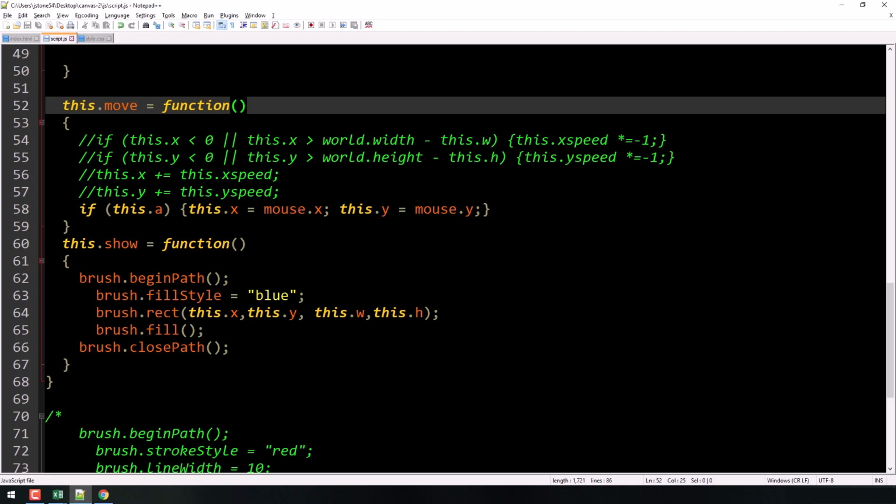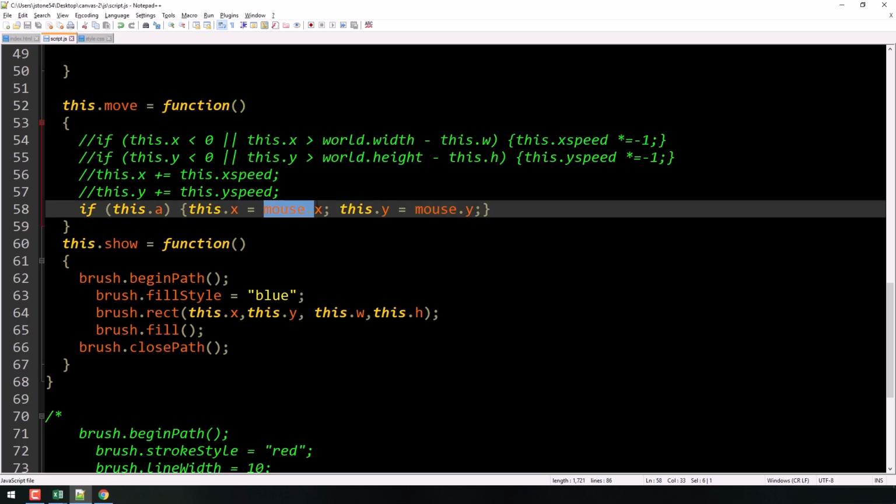So let's just see if that works. And there we go. Now this rectangle is attached to my mouse, right? You'll notice, where is my mouse? It's right on the top left corner, which is the x and the y position. And I said right here, set my x to equal my mouse's x position. Well, remember the x of a rectangle and the y of the rectangle is the top left corner.